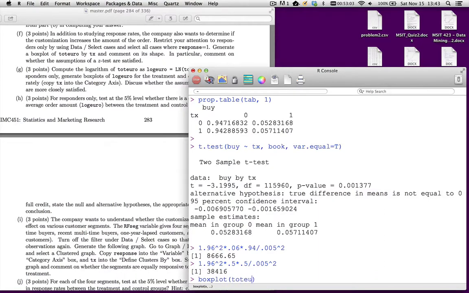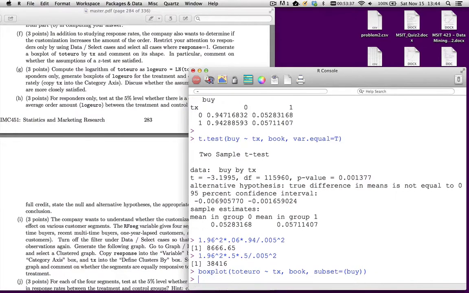We're going to do tot euro as a function of whether the person's in the treatment or control group. The data set is book, and I can add an argument subset. I can add the subset command to any function that takes one of these formulas with a tilde. So subset is equal to, I like to stick it in parentheses, tot euro greater than 0, or I could just say by, because we've already defined this thing. All right, if I do this,